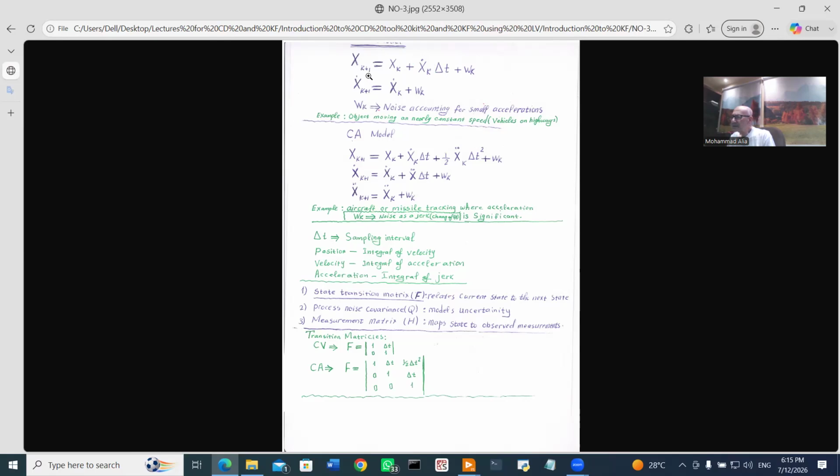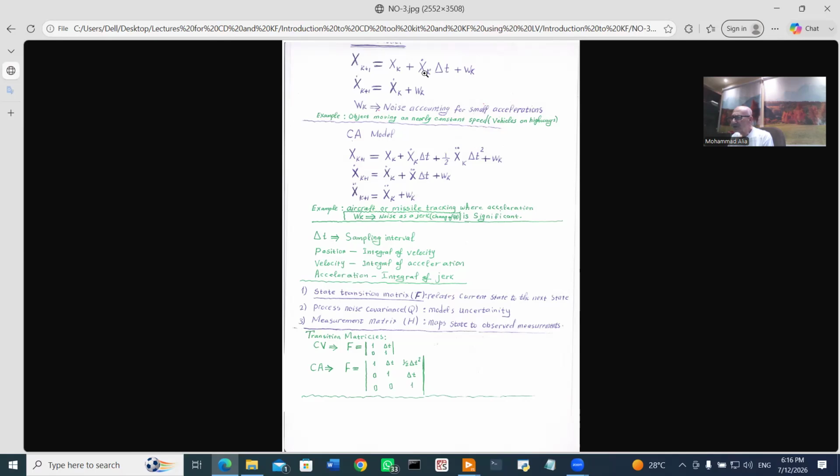X at k plus 1 is equal to xk. This is the previous one, this is the new one, plus the rate of change, the differential, multiplied by the sampling time. This Wk represents an error which takes place as a result